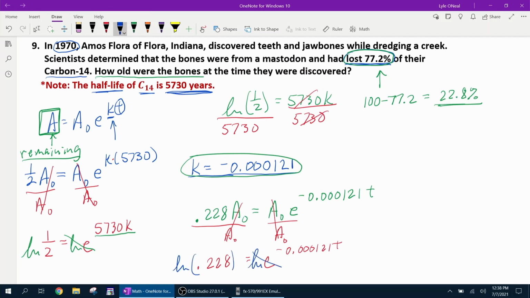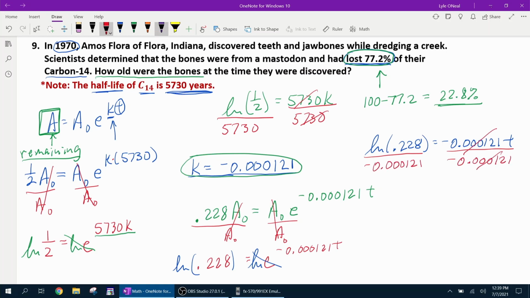Natural log and e cancel each other out, and that'll give us the natural log of 0.228 equals negative 0.000121t. Dividing both sides by the coefficient of t